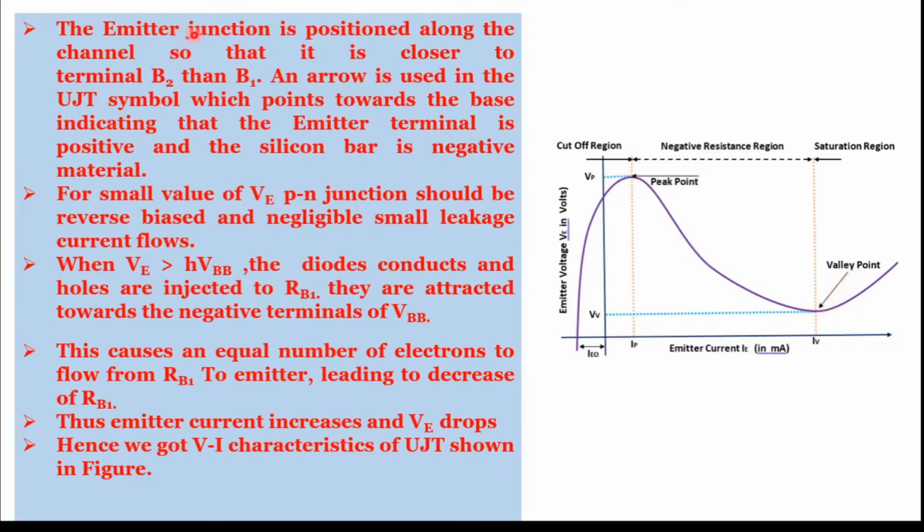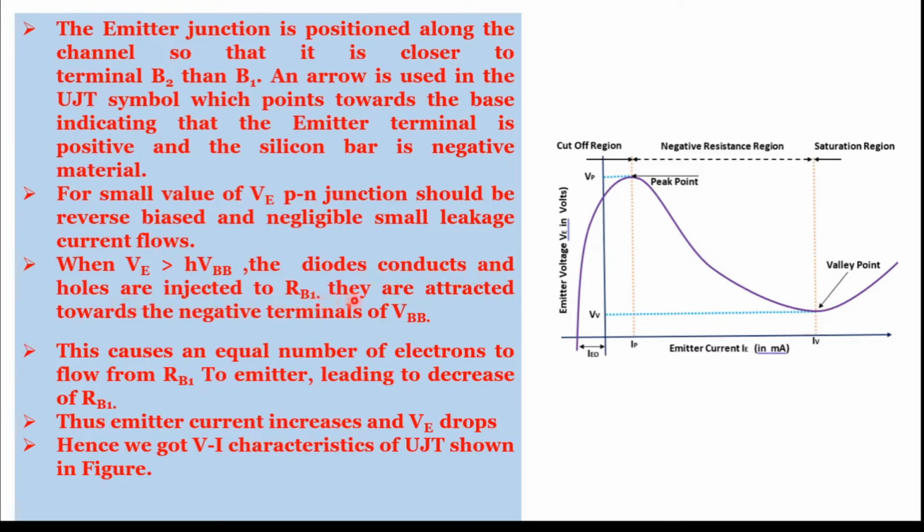The emitter junction is positioned along the channel so that it is closer to terminal B2 in comparison to B1. An arrow is used in UJT symbol which points towards the base indicating that emitter terminal is positive and silicon bar is negative material. For a small value of voltage emitter, PN junction should be reverse bias and very small leakage current flows. But when value of base emitter is greater than VBB, then diode conducts and holes are injected